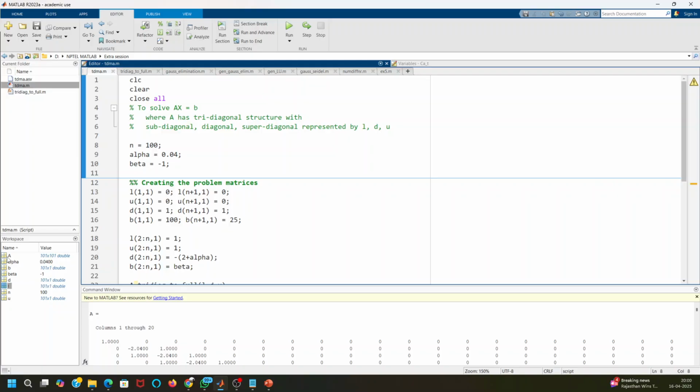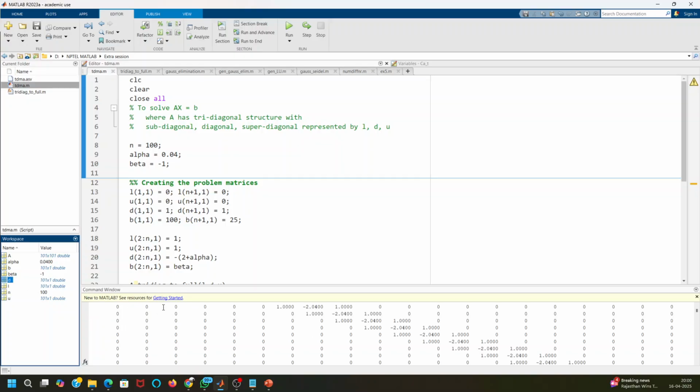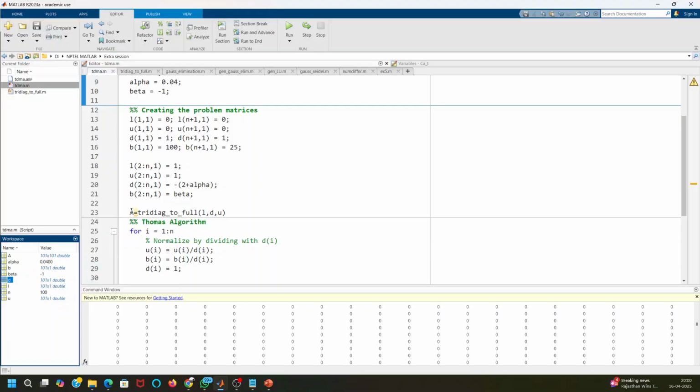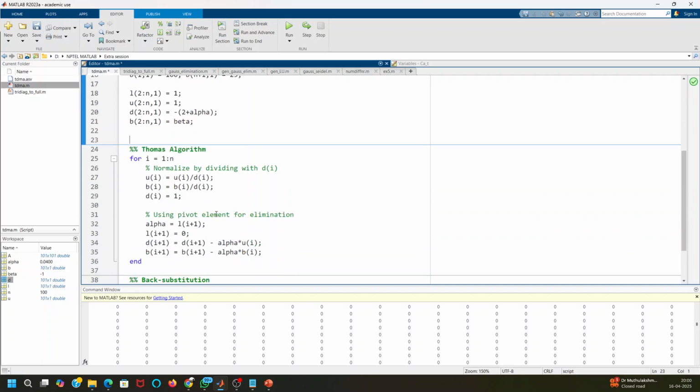But there were a lot of zeros in the matrix, so it was wise to ignore those zeros. One way of ignoring those zeros is to save just the diagonal elements: the super diagonal, the sub diagonal, and the main diagonal, saving the memory of the computer. That's a very good thing we can do for our computations. Then we are doing the same Gauss elimination procedure for only our